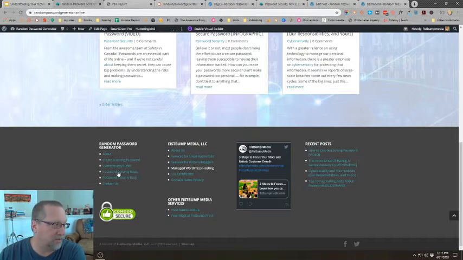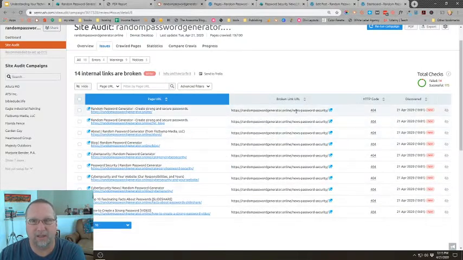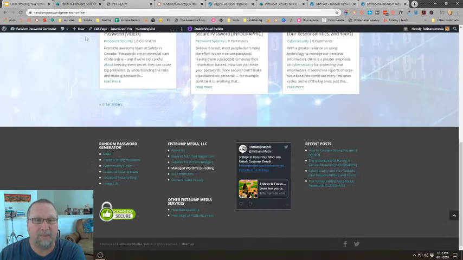Password security news is pointing to that news password security URL that the report shows as broken, right? So essentially, I have a link in my footer which is showing up on every page. It's a small website, but it's a bad link showing up on every page of the website, right? So a really simple, quick way to fix that, knowing that's a bad link,